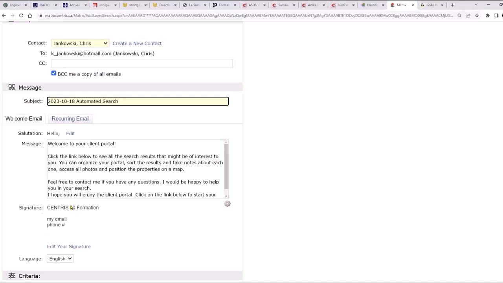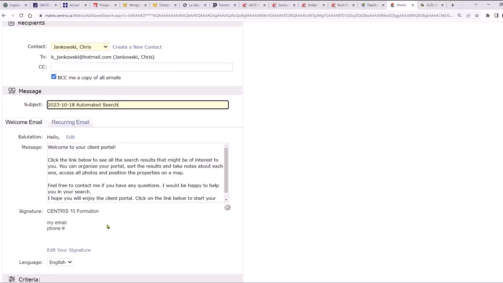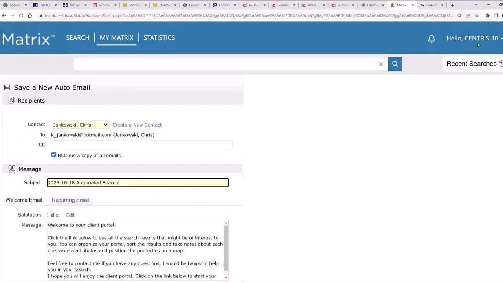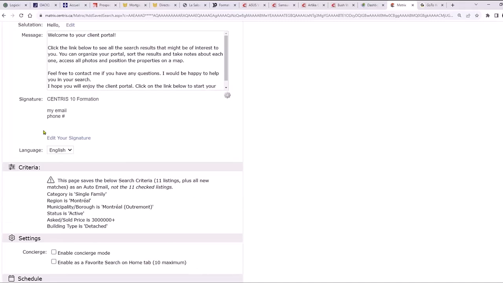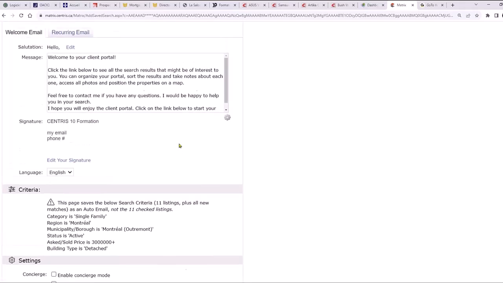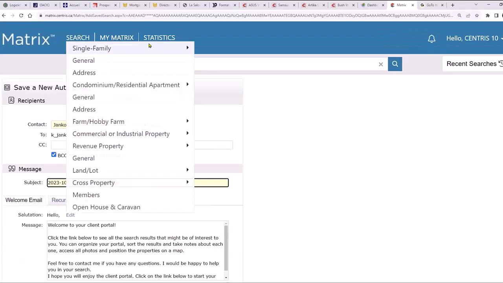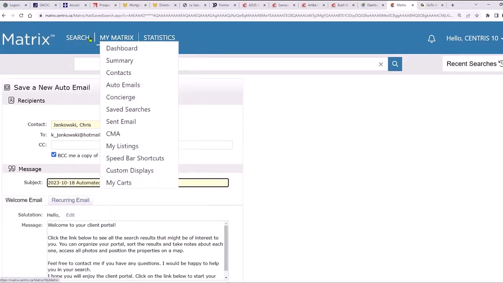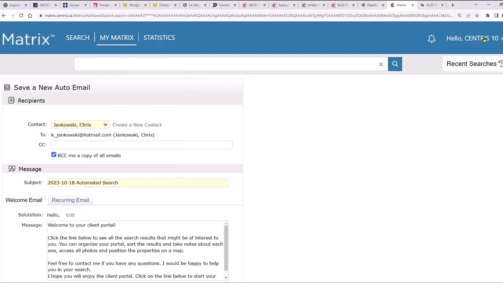Obviously, here, as you can see, I'm logged in with my Centris corporate login. So it's the Centris information here. For you guys, it says hello and your name, right? You can customize these signatures in here, or you can customize them in your Centris or Matrix settings. If you want to go into settings, you can, right?